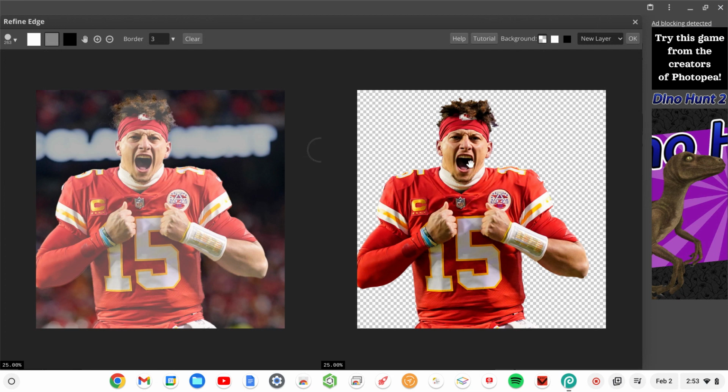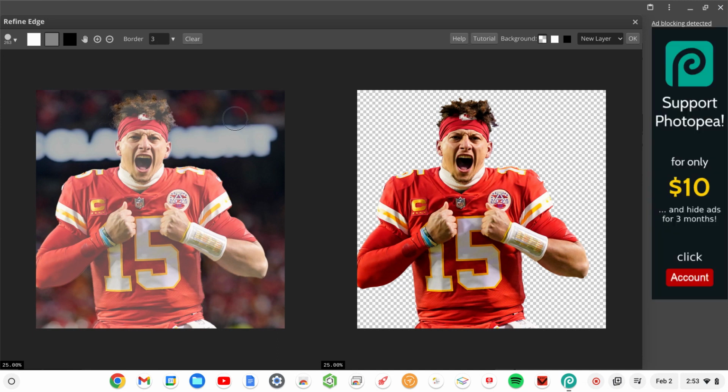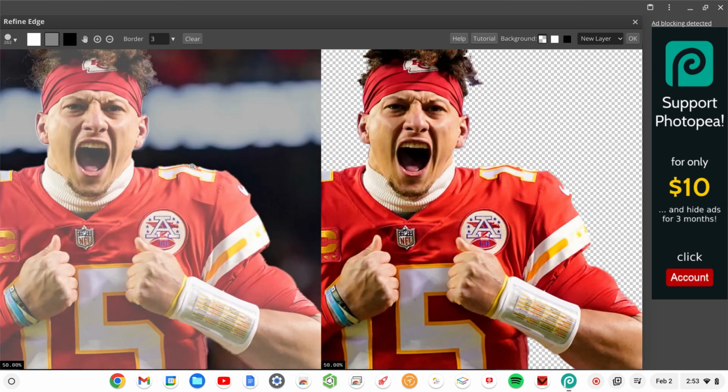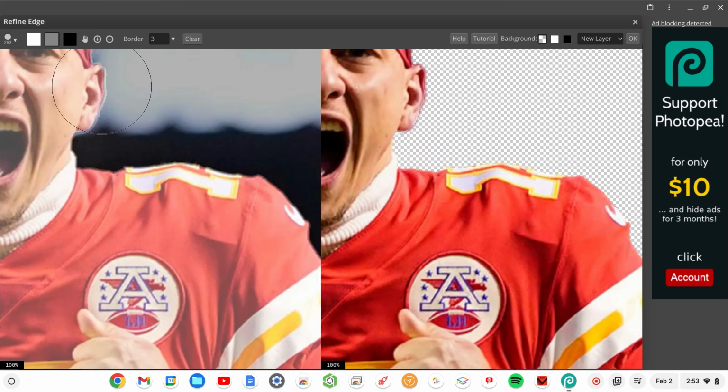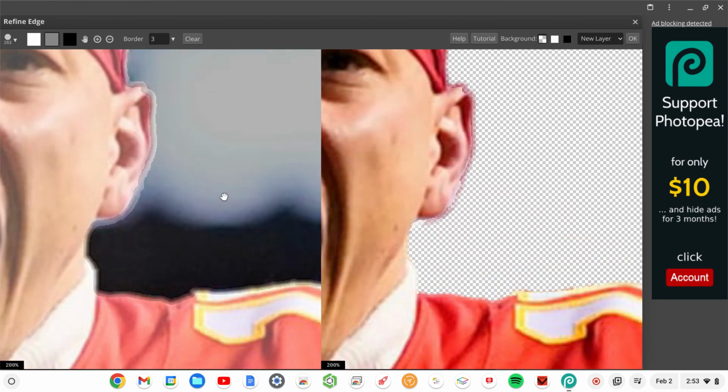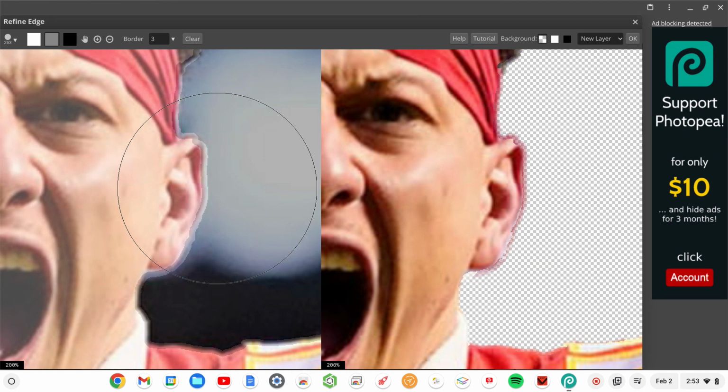Alright, here on the right you see the result. If I were to just click OK, it would load my original selection into a new layer. And then on the left we have our original image, and everything that has been selected is ghostly white. Everything that's not selected is slightly darker than the original, so it's hidden. And then around the border there's a 3 pixel area around the edge. You can see it here along the ear,